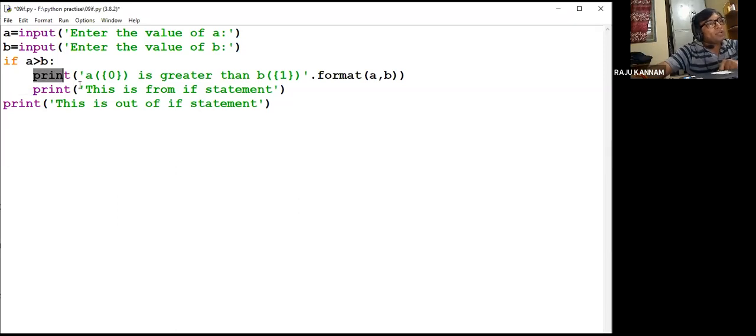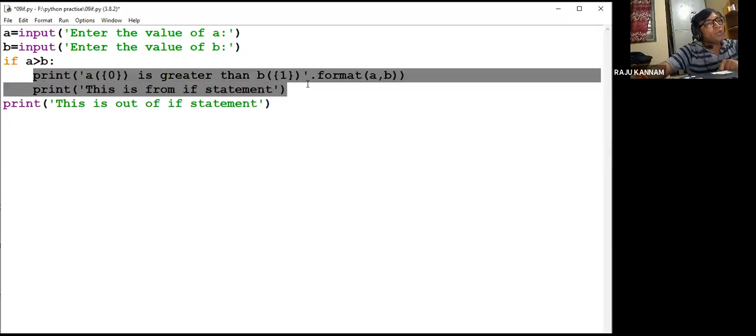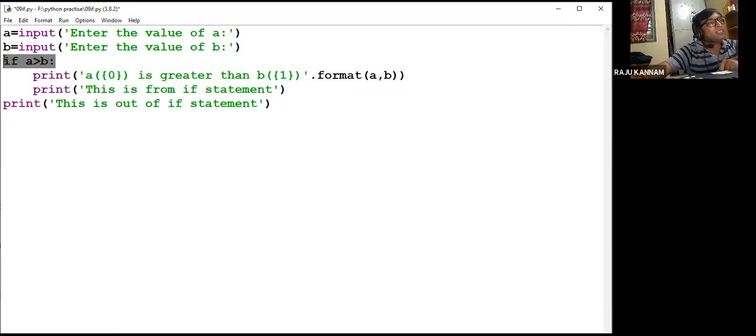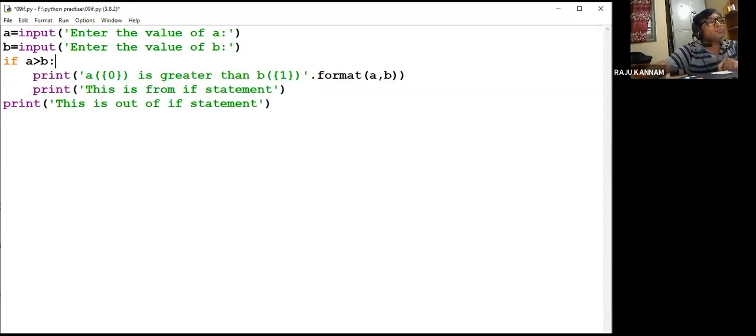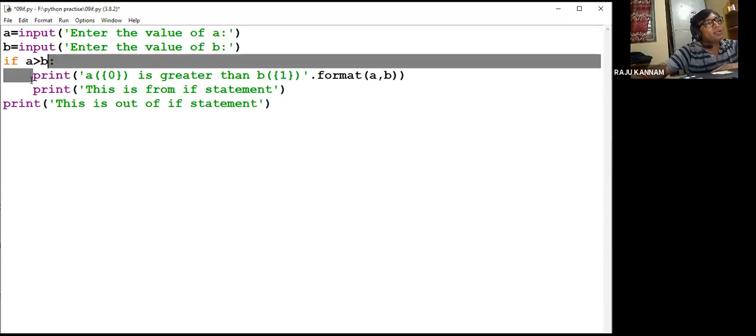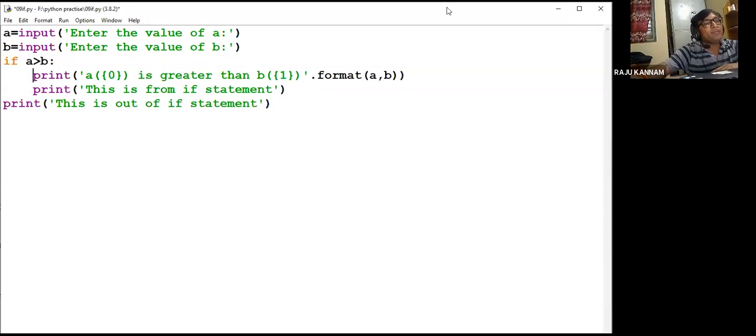So now here 2 lines are written. That means these 2 lines come under this if statement. After some statement, if we give indenting, meaning 4 spaces, and write some code, that code belongs to the corresponding statement which is provided before this indenting. Now these 2 statements, if you take in another programming language, like C or Java,